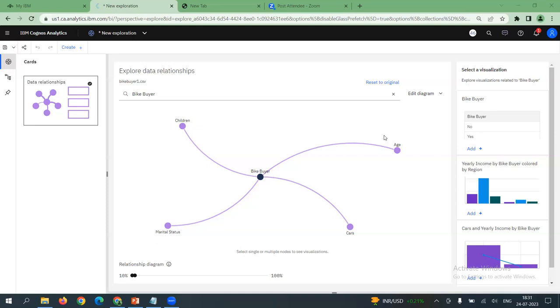Cognos Analytics is not projecting all the data items in the relationship. Probably, anybody? Maybe the tool understood the inherent statistical correlations or relationships and found that the entities included in the relationship diagram might have more significance, an inherent statistical relationship with our target.